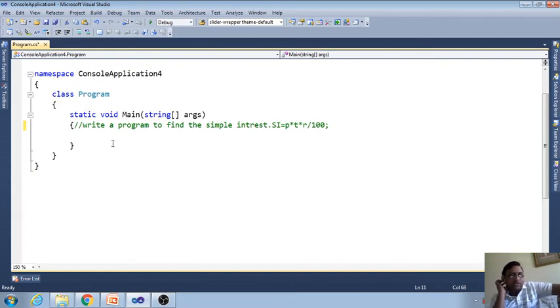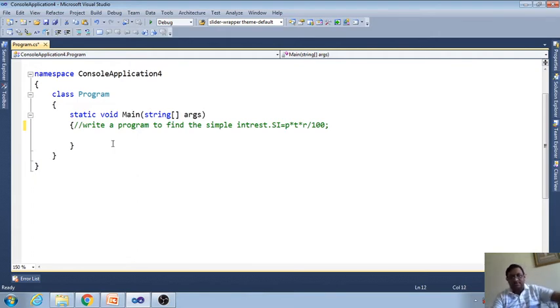Okay, so now to write the program for this, the first task is to declare variables. How many variables will we declare? We will declare 4 variables: one for P, the principal amount, one for T, one for R, and one for the simple interest, where we will store the simple interest.